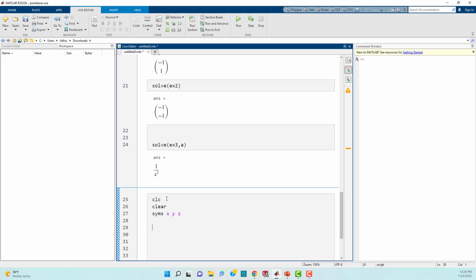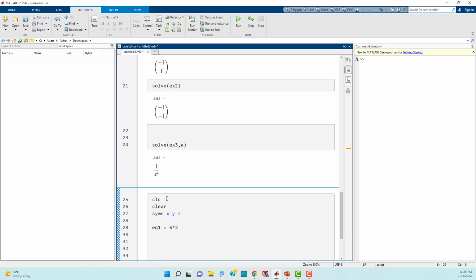I'm going to skip part 1. I don't need to do this using inverse. You all know how to do that. Define a symbolic equation representing each equation in the given system. Use the solve function to solve for x, y, and z. Okay, so we'll go, equation 1 is equal to